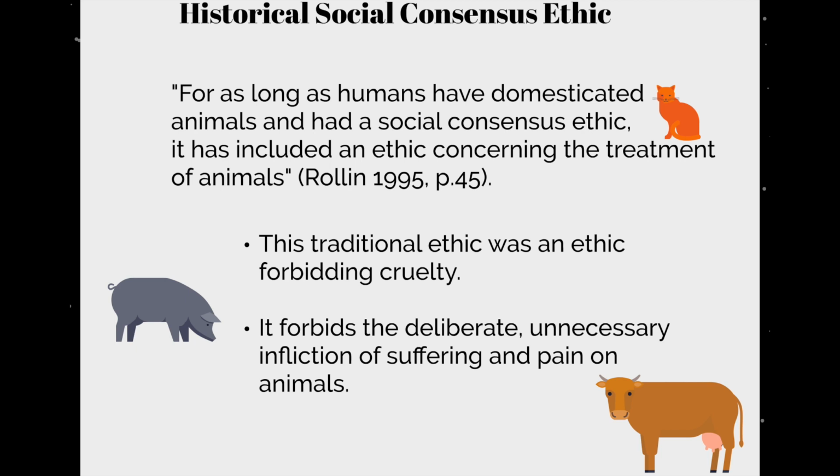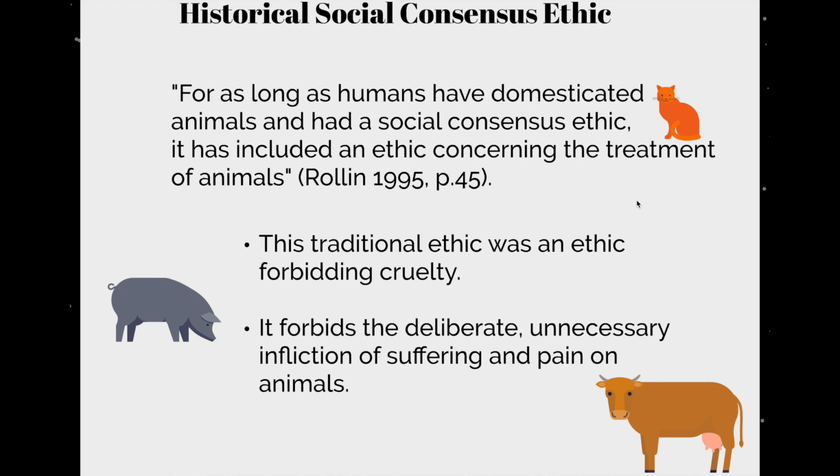Why is this the case? That we've only been discussing research standards and normative standards over the last 30 years. And he's like, well, it's because we've already had social and individual ethics in place. So let's look at the social consensus ethic. We know we've had a social consensus ethic in place concerning the treatment of animals because we can look at historical documents. Now, this traditionally included an ethic forbidding cruelty, and it forbade the deliberate, unnecessary infliction of suffering and